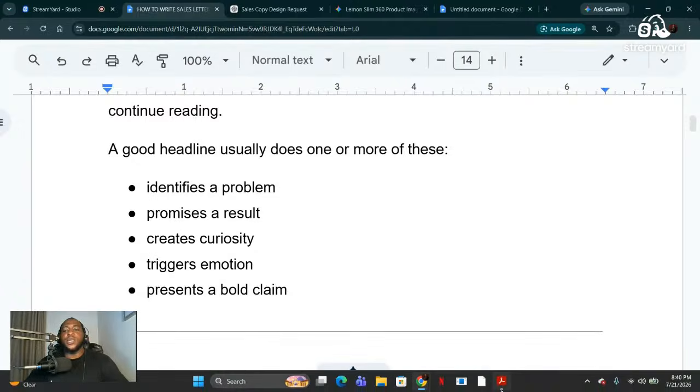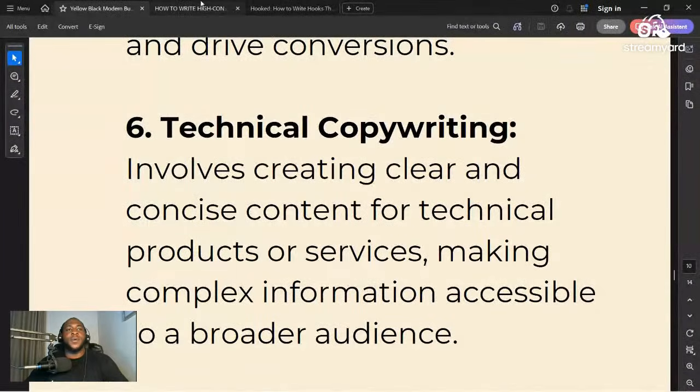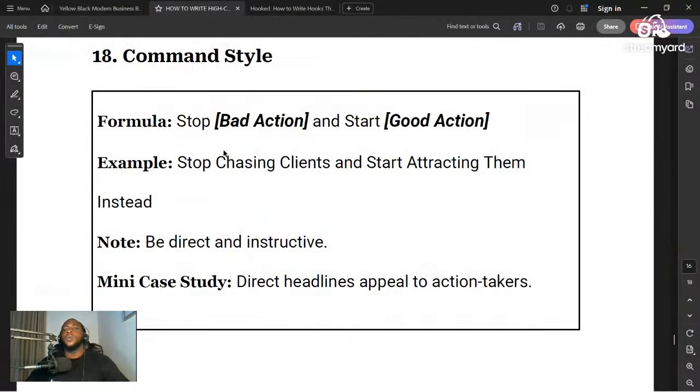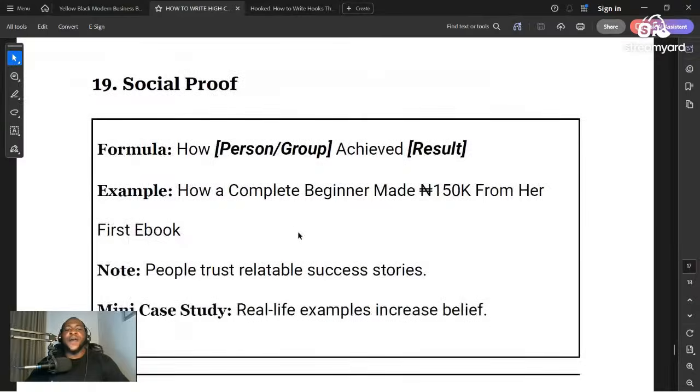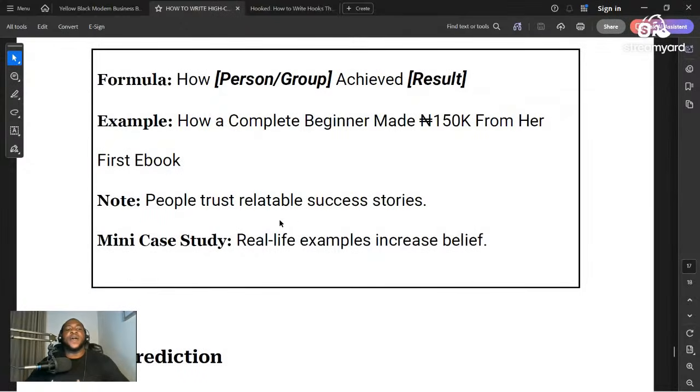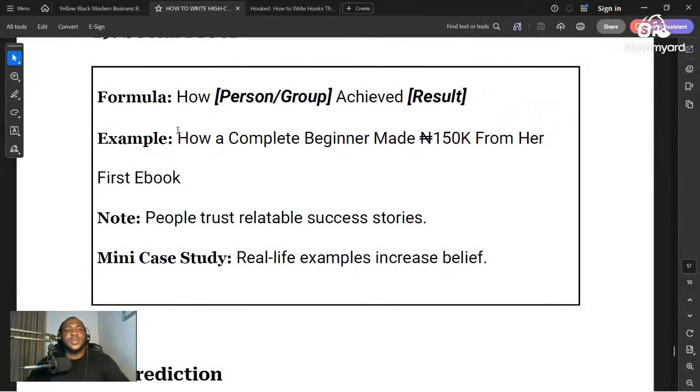We are going straight to our book. Where is our book? The headline book. We are going to find a very good headline. Let's not even go far. Let me stop showing you guys all the content of our book. If you need it, you buy. It's 2K and you get the whole bundle. It's just 2,000 naira.